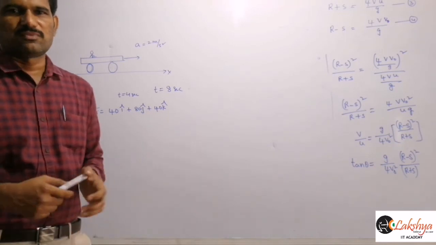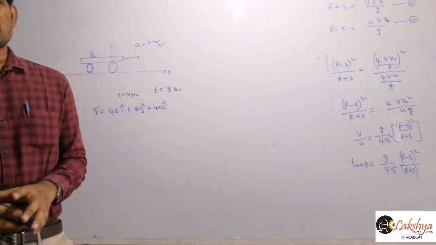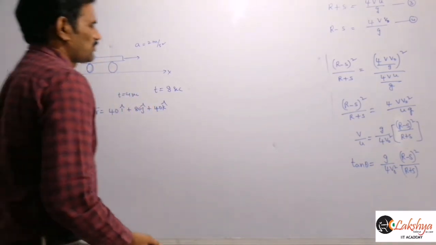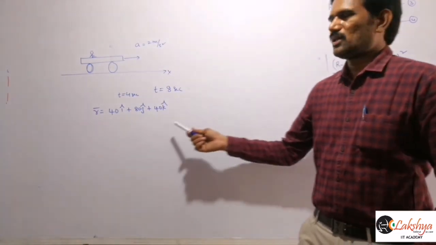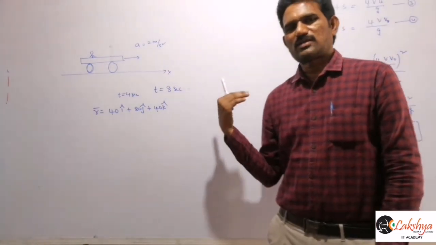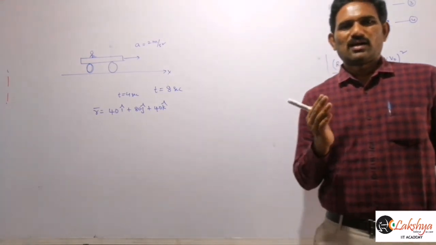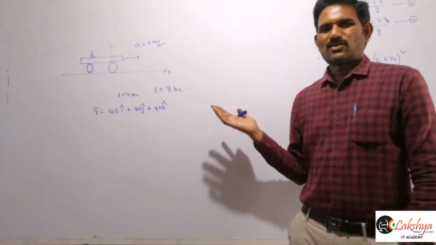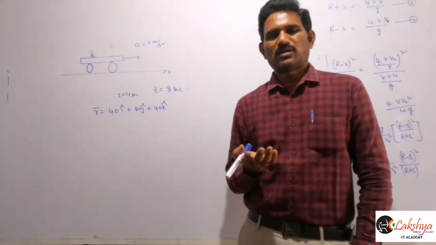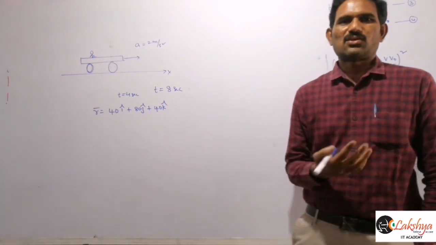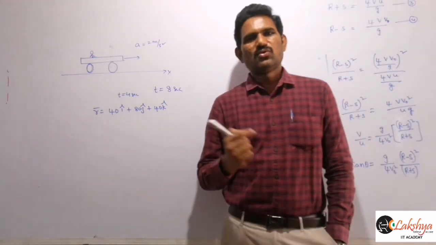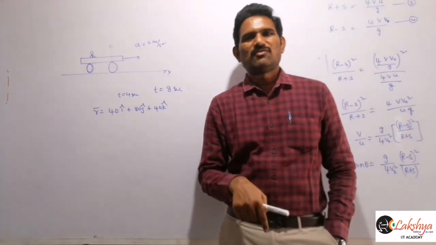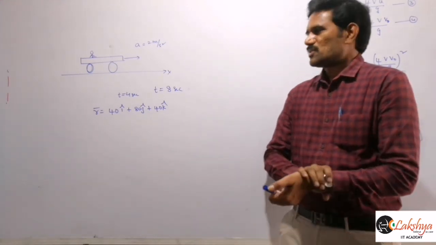So solve this problem, and if you are not getting it, then in the next class I will explain that, right? So that is projection from the different objects, and you can solve this easily if you think carefully. Write just the displacement along x direction and displacement along y direction and displacement along the z direction, then you can solve the problem easily. And as the x and y axes are lying in the horizontal plane, that indicates that there is no acceleration along those directions. Only acceleration will be there along the z direction, that is g in downward direction. So that is the problem, we can solve that easily.